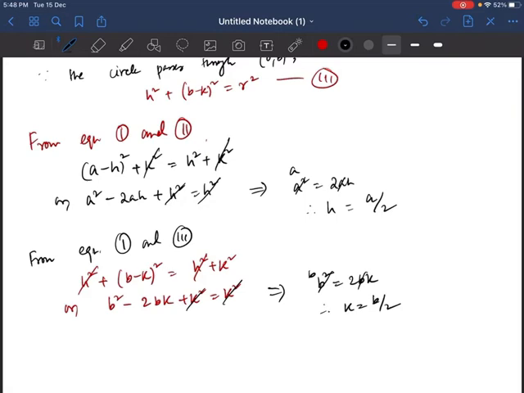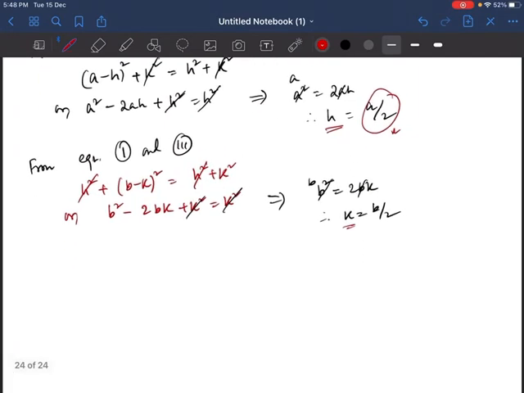b by 2. Now you see here, previously we assumed these two values h and k, and we got the answer for these values. A by 2, the point a is given in the question. I know here there are no numbers, but a is given in the question. So it means a is a given constant. So a by 2 is the value of h. Same way, b by 2 is the value of k, because h and k were our assumptions.